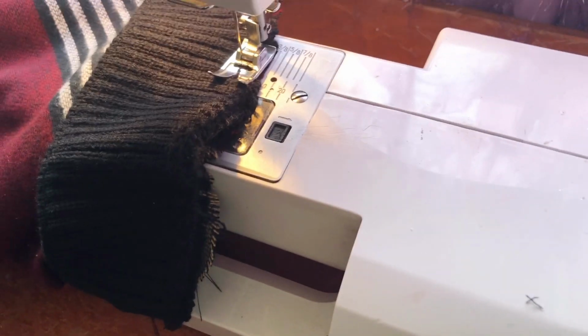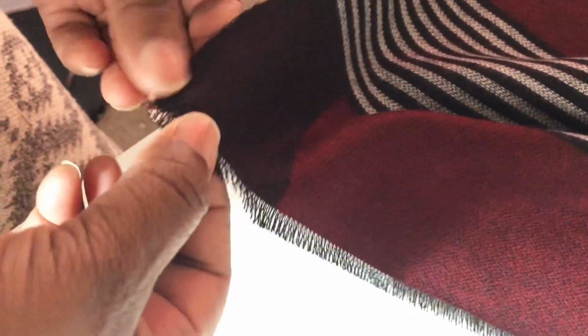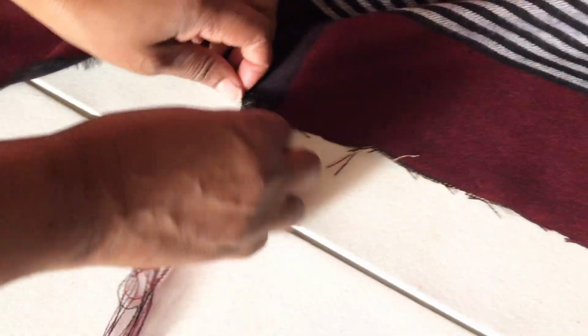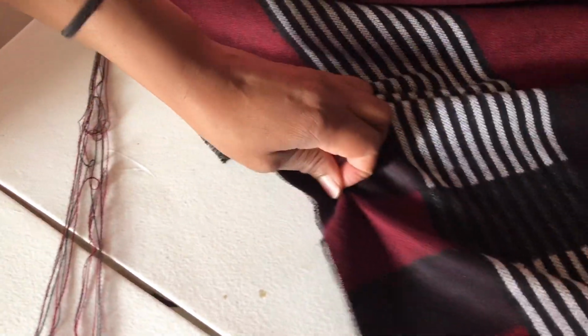Okay, right here I am pulling threads in order to get my natural fringe. On one side of the fabric, which is the selvage, it already had the fringe. It was doing its own thing, so right here I start to